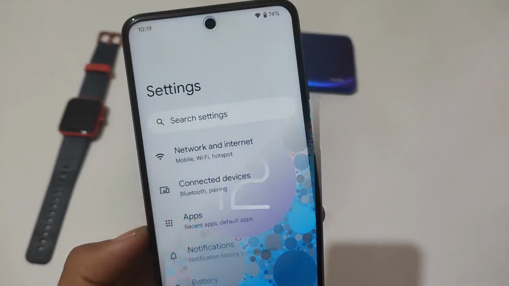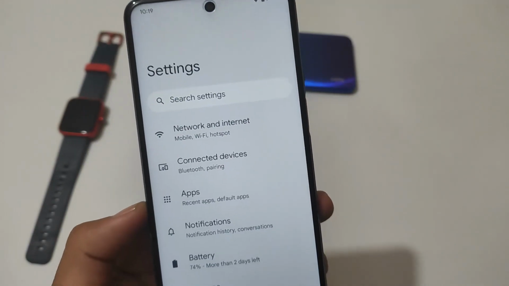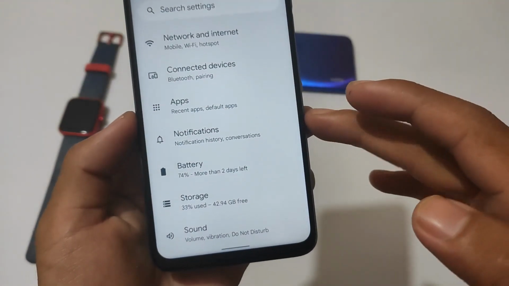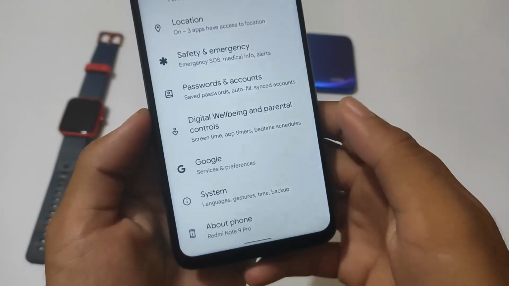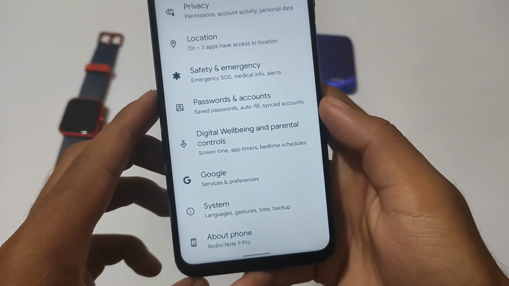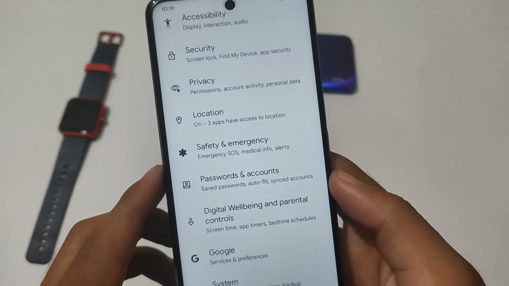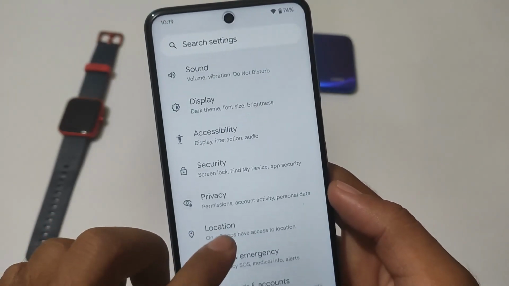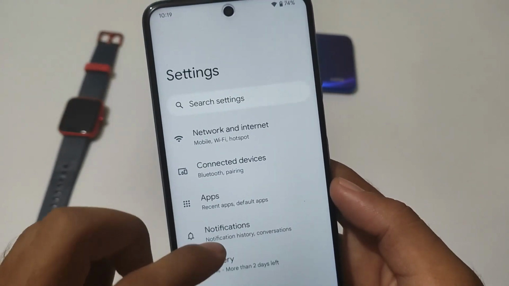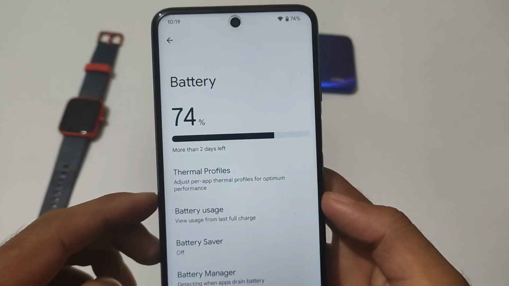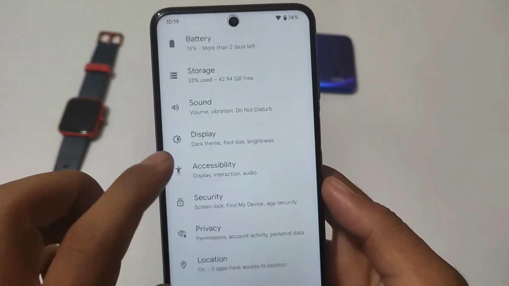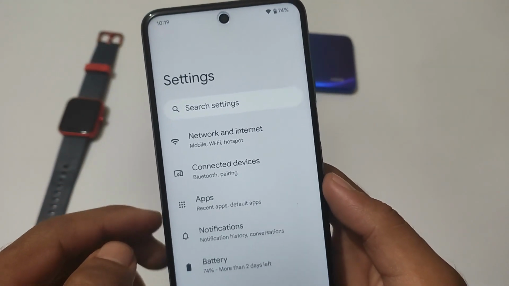But before going further, let me tell you one thing, that I'm using Arrow OS in Mi Tool devices, and if you want to install it on Mi Tool devices, and if you want to check out some things about this build, I made a specific dedicated video already on Arrow OS 12, Android 12 for the Mi Tool devices. You can check it out. It has all the Android 12 features, by the way, but it does not support some extra features.